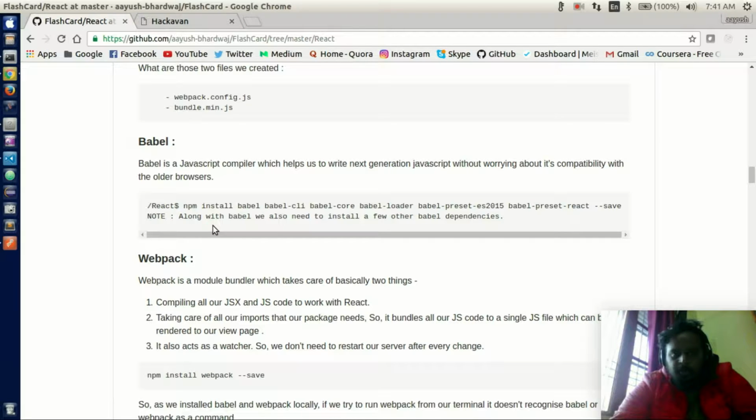Number one, what is Babel? Babel is a JavaScript compiler which helps you to write next generation JavaScript without worrying about its compatibility with the older browsers. Even though you have written your code using ECMAScript 6, you don't have to worry about it working on the older browsers. Babel will take care of it. In short, it gives you freedom to write the code in the latest